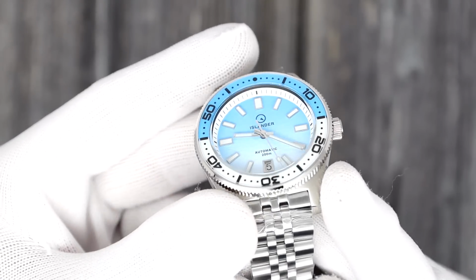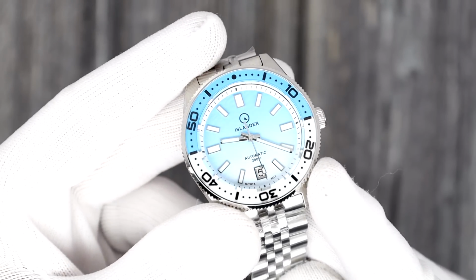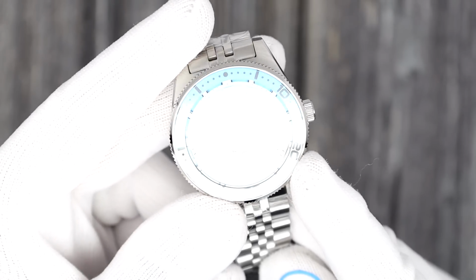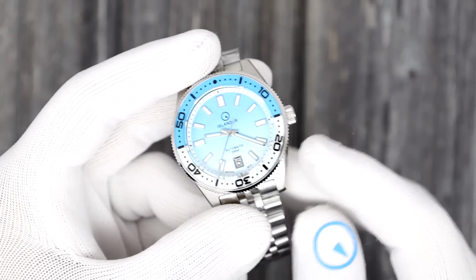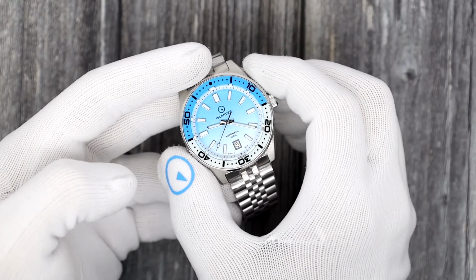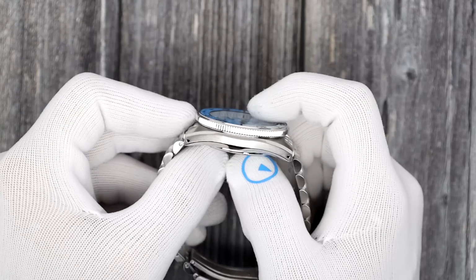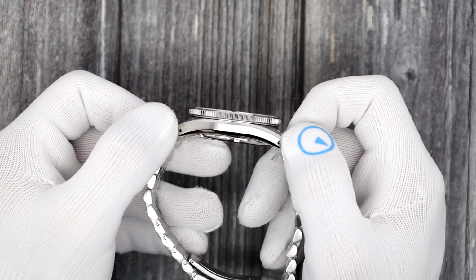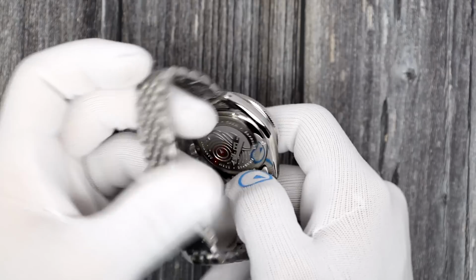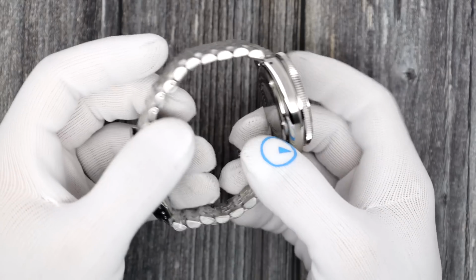Let's see if I can get the light to hit it correctly, and you can kind of see a wave pattern. Oops, let's go this way. Looks really nice. It is a 40 millimeter case. It is 12.5 thick to a flat sapphire crystal. It's going to be 47 on the lug tip to lug tip. Of course, a solid screw down case back, 200 meters of water resistance,